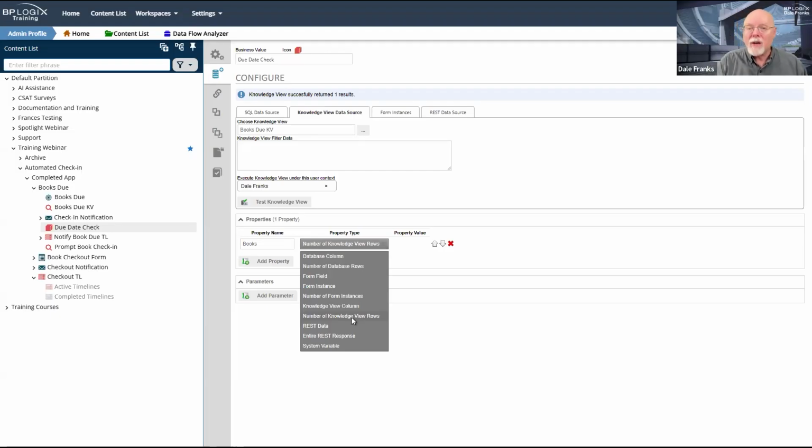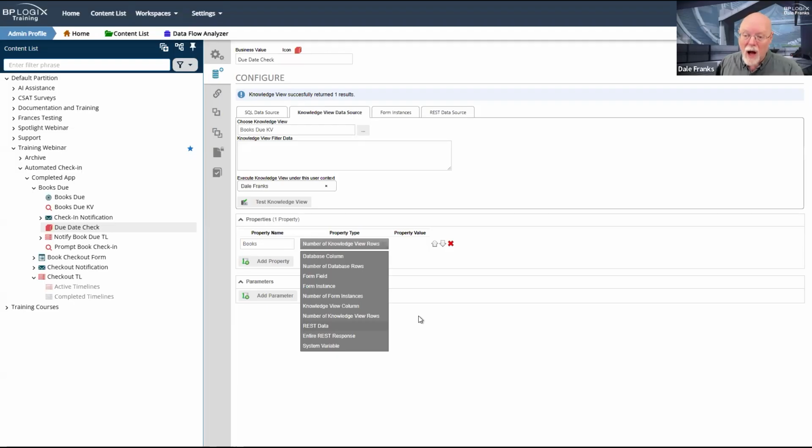So all we need to know are the number of rows in this knowledge view. If this knowledge view returns 0 rows, then no books are due, and so we're not going to do anything. If there are 1 or more rows in this knowledge view, we do, in fact, want to invoke the goal.